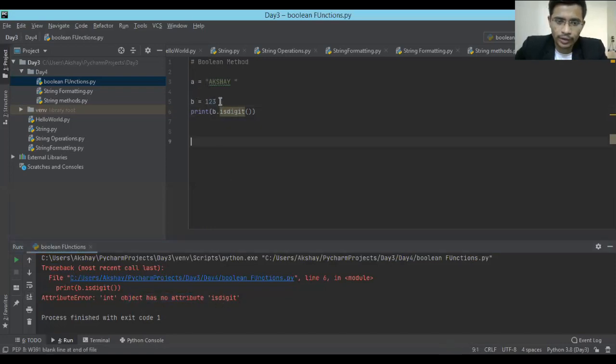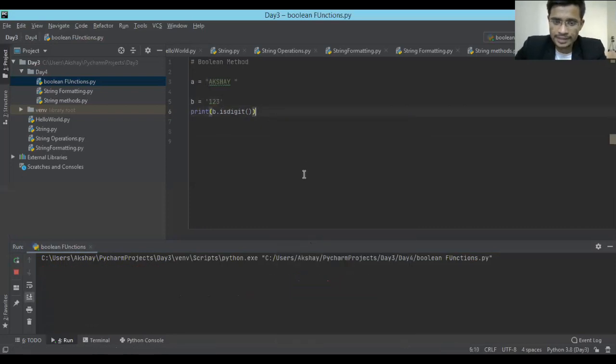Okay, fine. So these operations are only for strings. I just missed this. It will only check strings, to see whether the string contains all digits. That's why it does this.